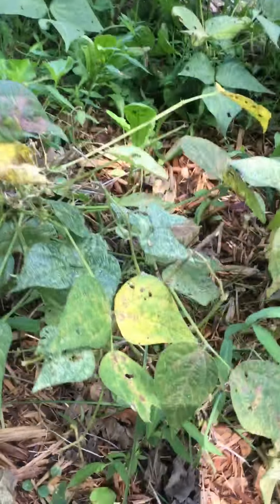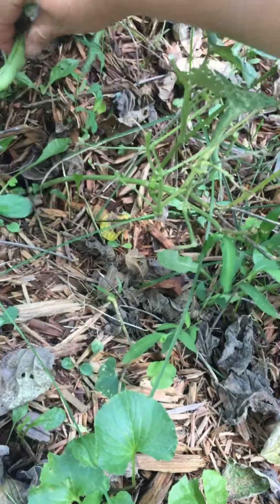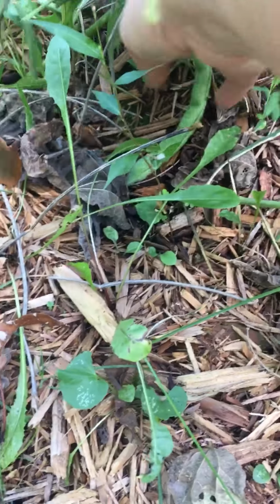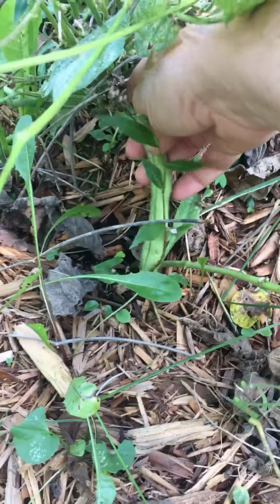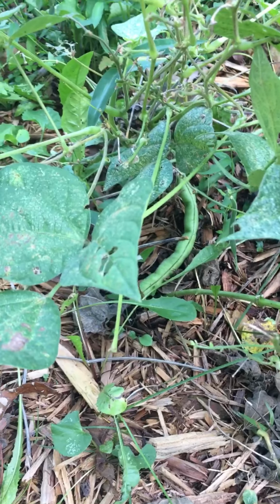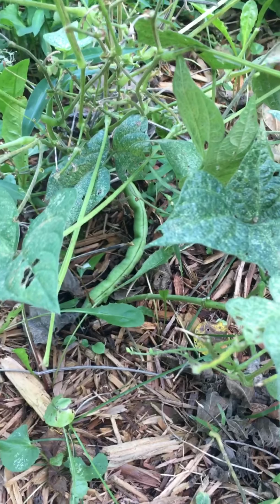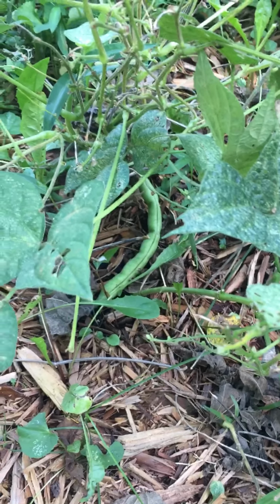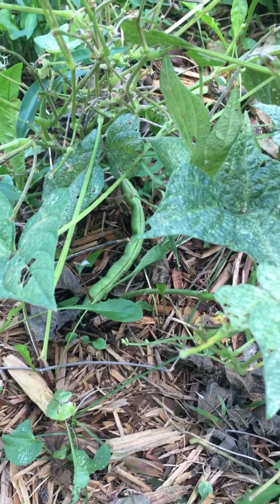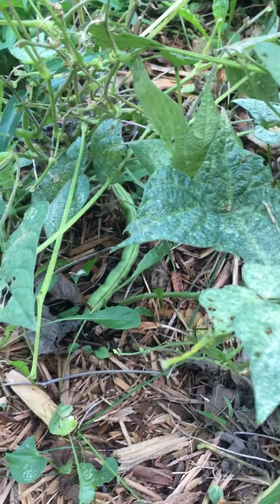Let's see. Here's some of my older plants. I got one right down here. This one I'm definitely going to leave on here for a while, and it'll eventually turn yellow. See, it's kind of lightening in color right now. It'll eventually turn yellow, and that's when you pick them to take into the house and pull all the little beans out of it. And then you would just let them air dry